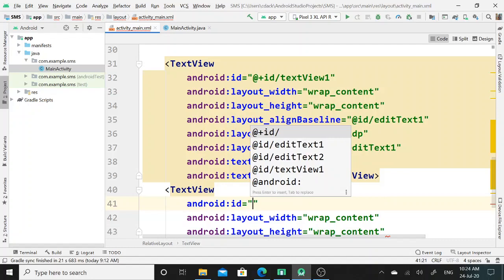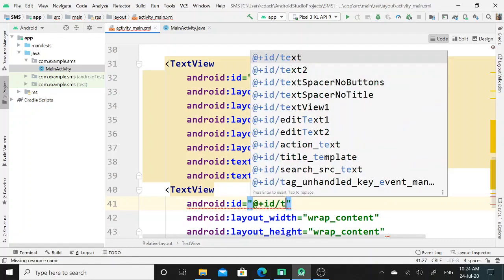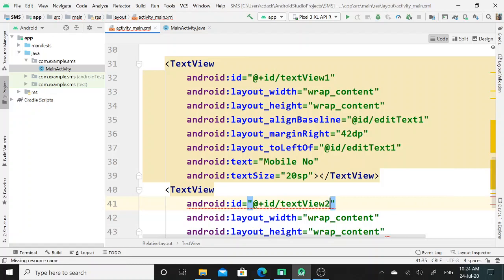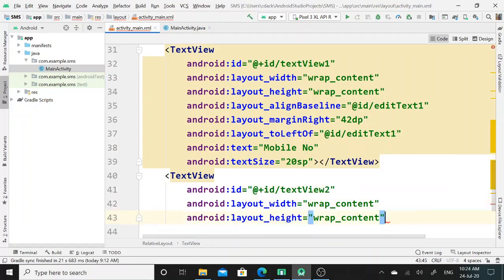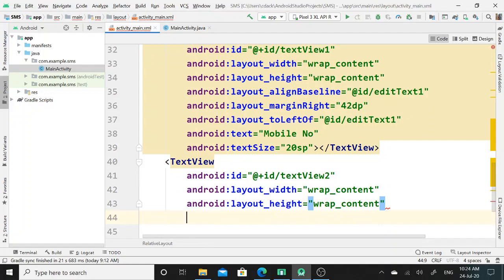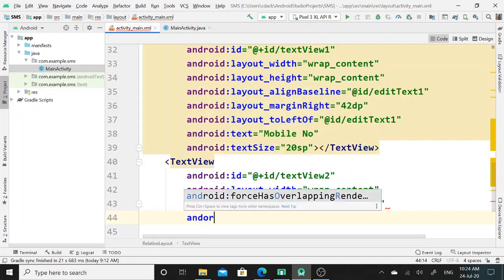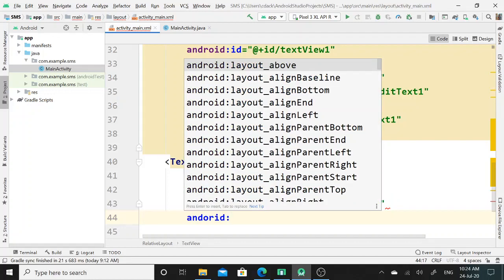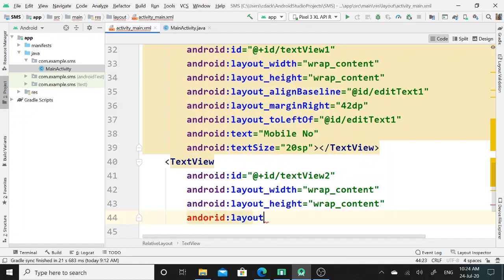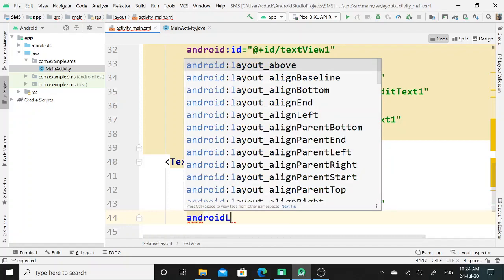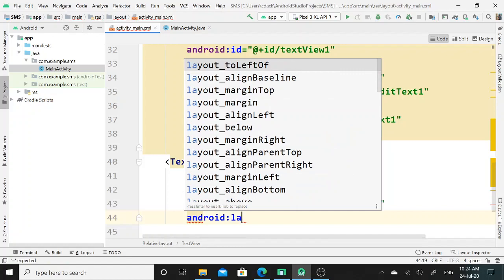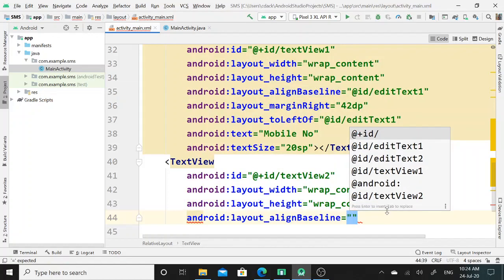I will set its ID as text view 2. Next property for this text view is layout align base align, and here I will set the ID of edit text 2.